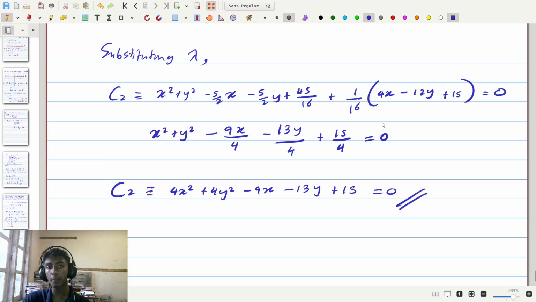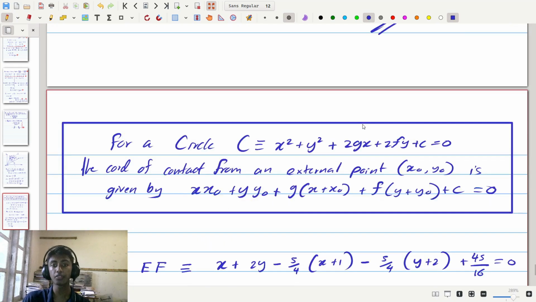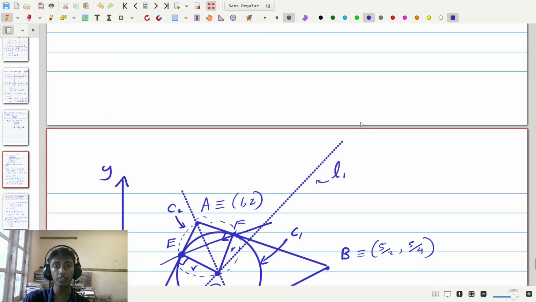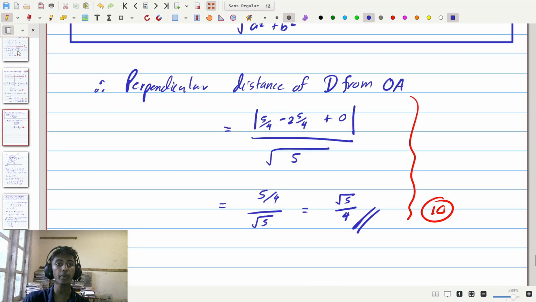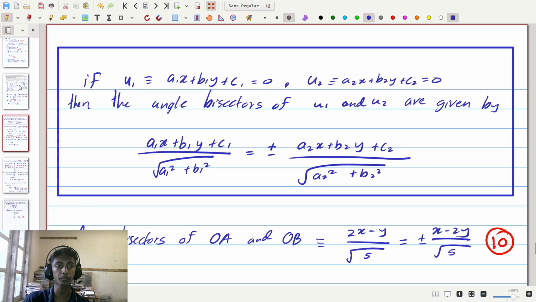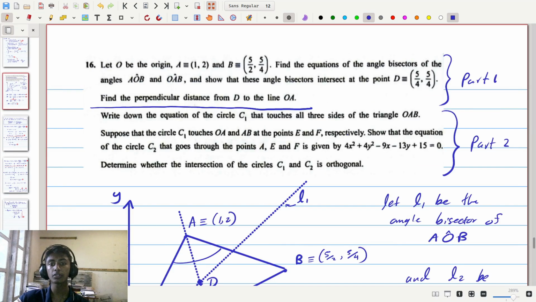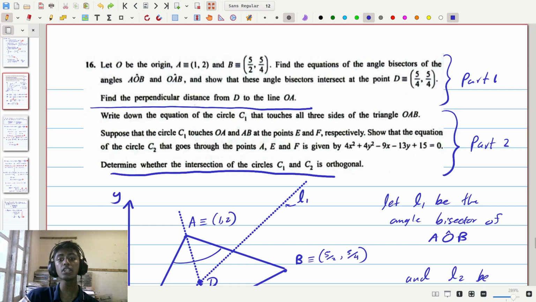Now if we go up, we will see that this equation of the circle C2 is exactly what we had in the question. If we go up to this page right here, we can see 4x squared plus 4y squared minus 9x minus 13y plus 15 equals 0. Now finally, the last part of the question says, determine whether the intersection of the circles C1 and C2 is